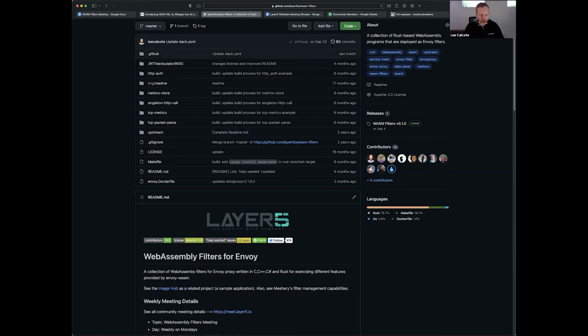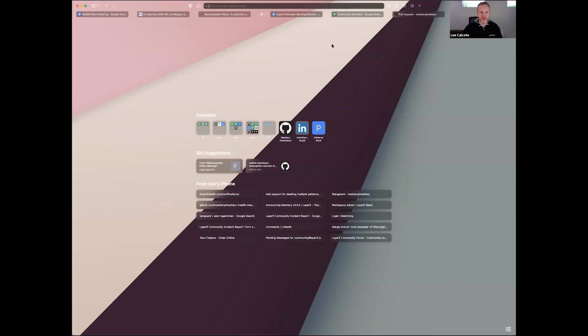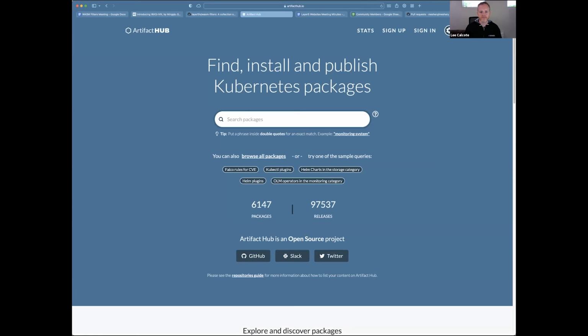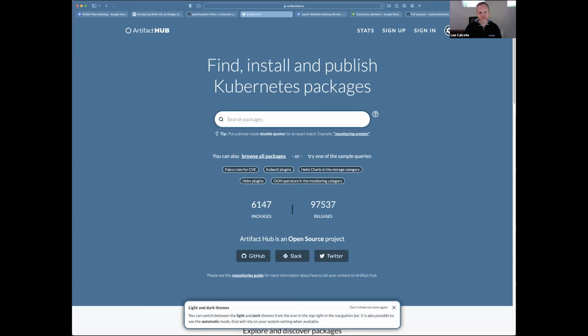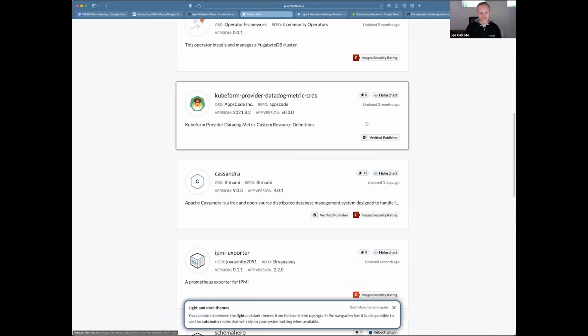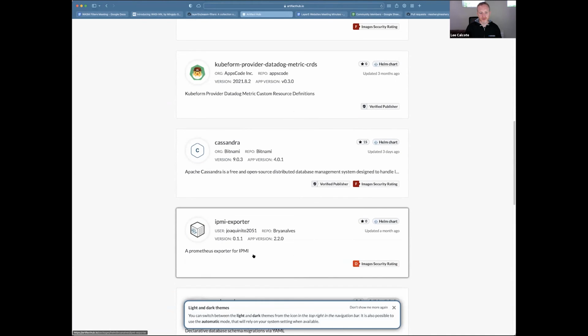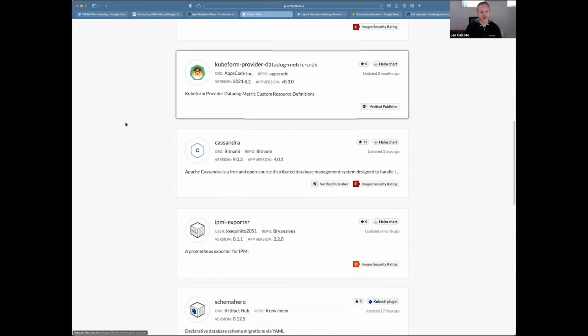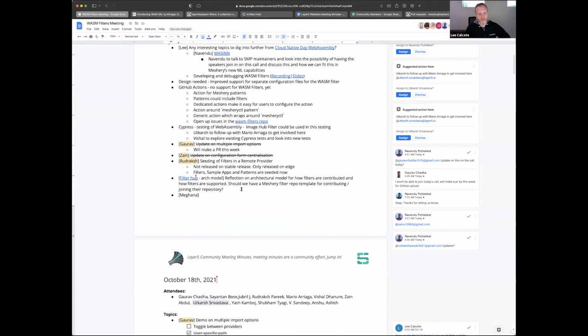I wonder if Artifact Hub intends to support things other than Helm charts. IPMI exporter, huh? That's interesting. Yeah, this is still kind of an open topic.